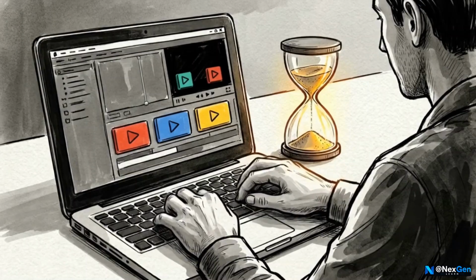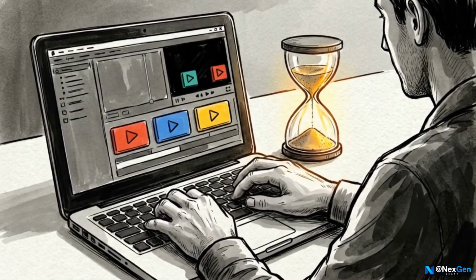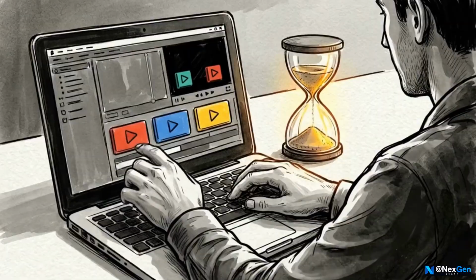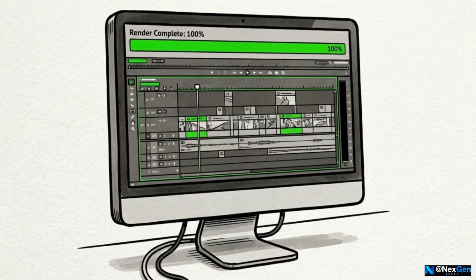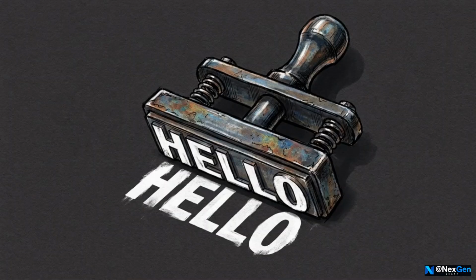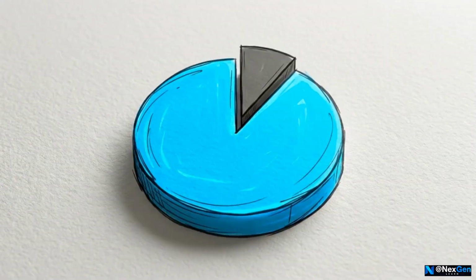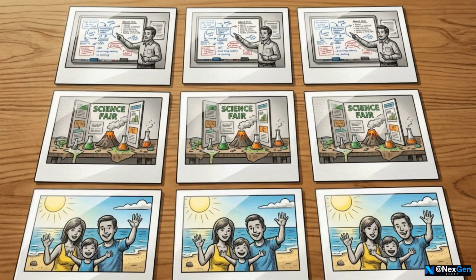Let's define the baseline. If you install Shotcut today, you will spend roughly 1 hour learning how to navigate the interface. That single hour of effort provides the necessary foundation to finish a project. You can cut clips, add simple transitions, drop in some text, adjust the audio levels, and hit export. For 90% of the videos people actually make, YouTube tutorials, school projects, or family vacation recaps, this frictionless capability covers